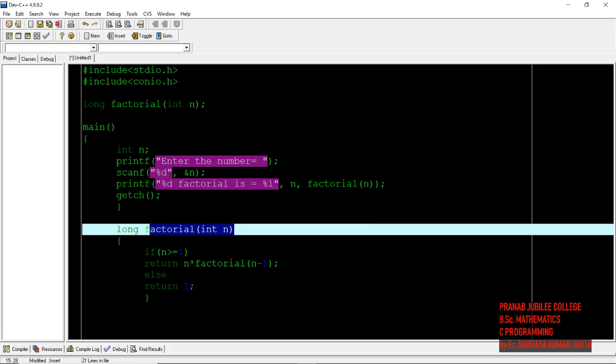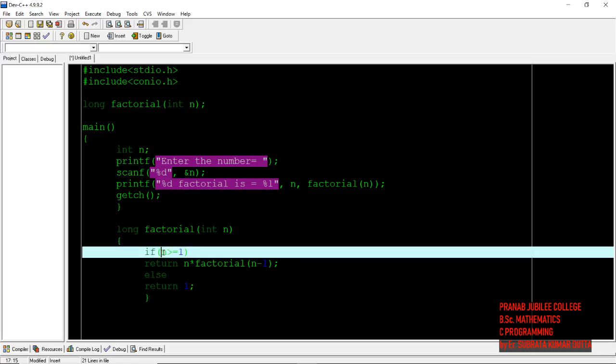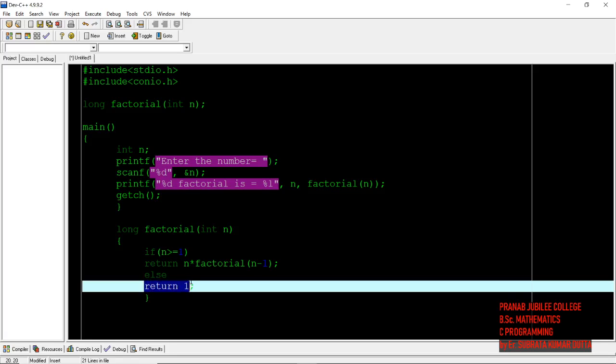This will keep happening until n becomes 0. When n becomes 0, it jumps here and checks whether n is greater than or equal to 1. 0 is not greater than or equal to 1, so it comes to the else portion and returns 1.